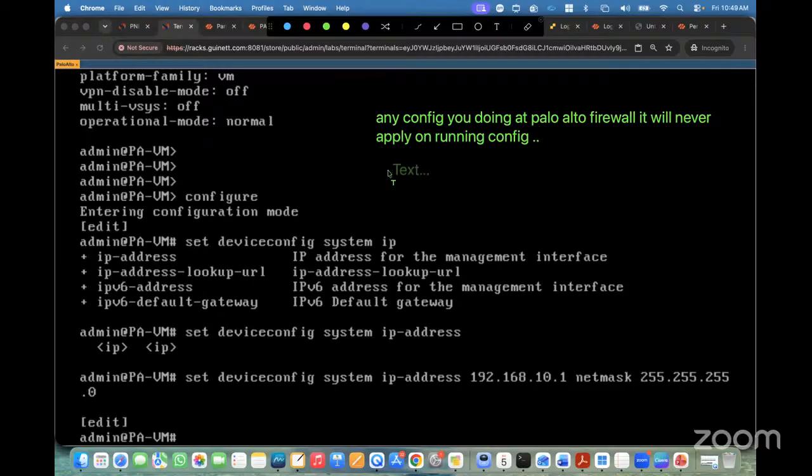It will never apply until you make a commit. So commit is very important. If you're not going to make a commit, your configuration is not applied to your running configuration. So always, even if you're doing it in the GUI, sorry, CLI right now, or maybe the GUI, if you're making any changes, you must do the commit to reflect the configuration